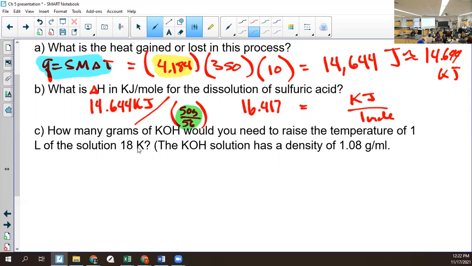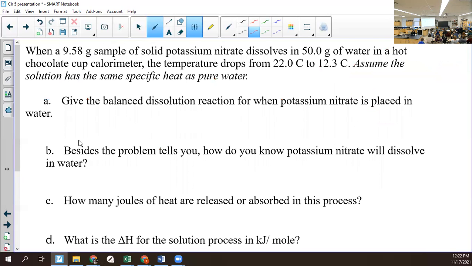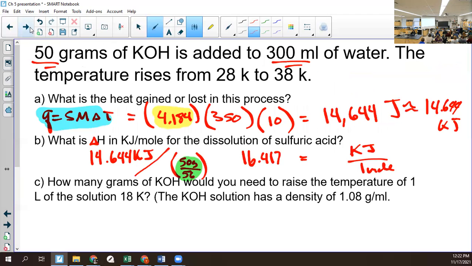It's way easier than I did it yesterday. Way easier. All right, so how many grams of KOH would you need to raise the temperature of 1 liter of the solution 18 Kelvin? All right, so what we're going to do, oh, by the way,